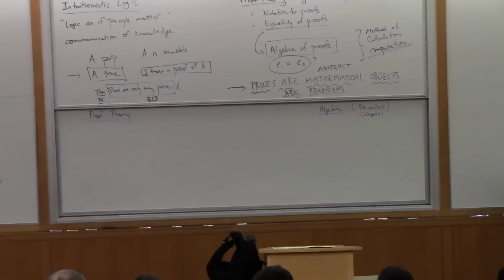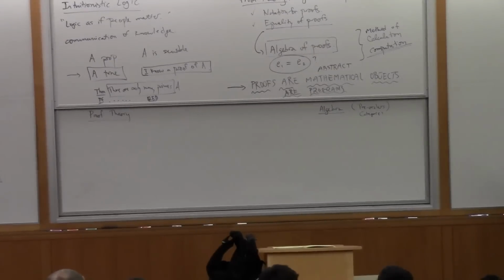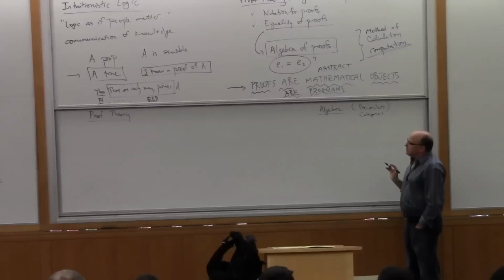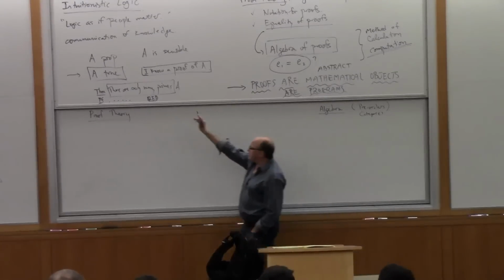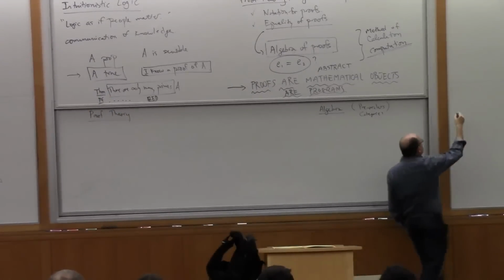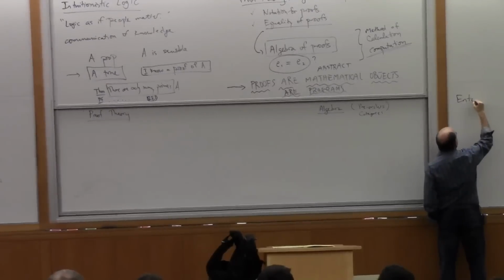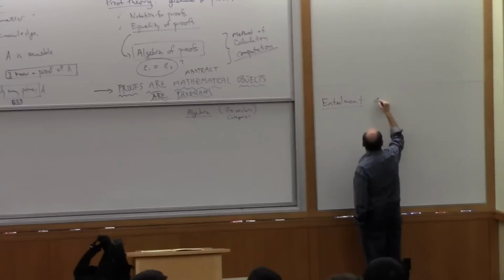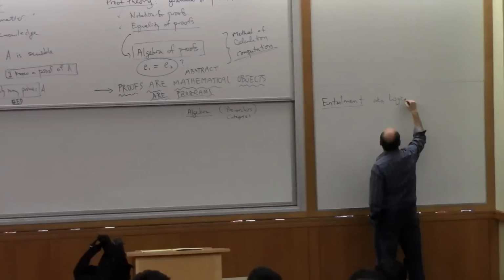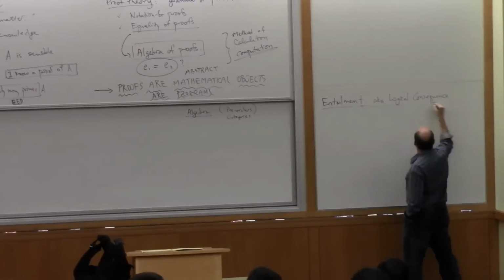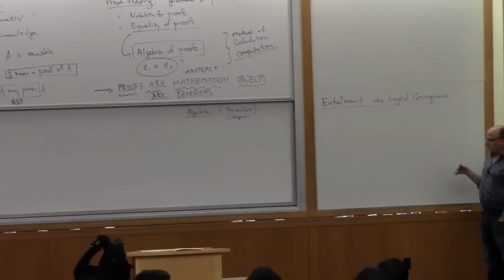Okay, so I just want to give you a flavor. One of the elements of the correspondence is the following, which I want to bring out in this chart, going back to what I said before, this primitive judgment of truth. I would now like to talk briefly about the notion of entailment, which is also known as logical consequence. Frank is going to go into this in great detail, but I'll foreshadow a little bit what's going on. And the idea is this.